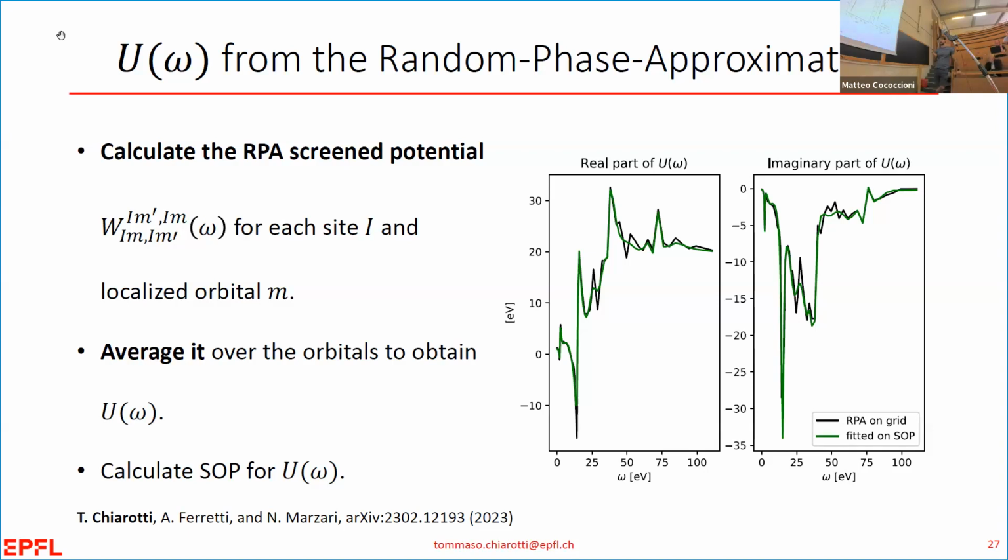So a brief reminder: if you take the static limit of this U, you don't get the density functional perturbation theory U that Yuri calculates. But this is not a problem, because it is driven by the fact that we are doing localized GW. So it has to be an RPA screening and not a cRPA screening. Okay.